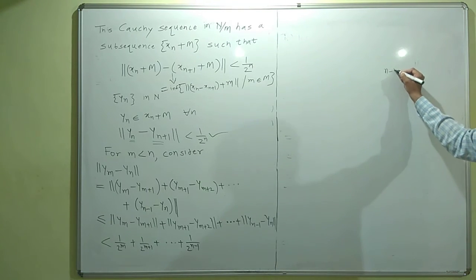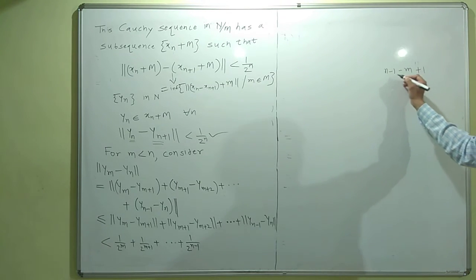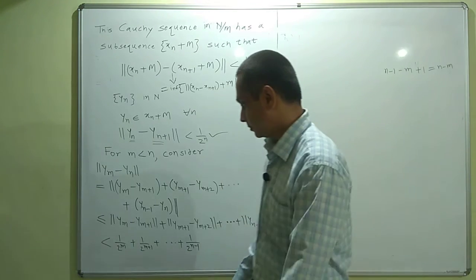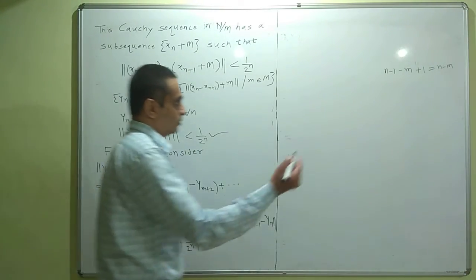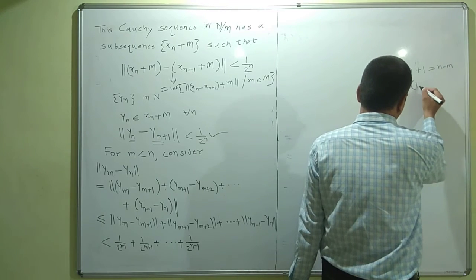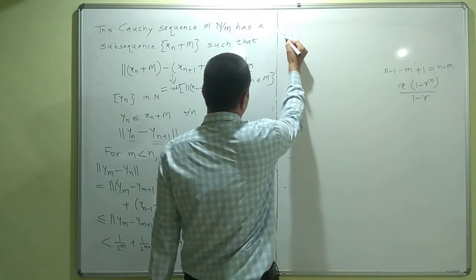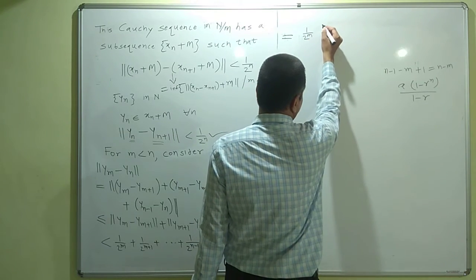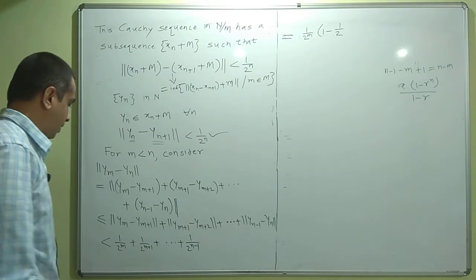Number of terms equals n minus 1 minus m plus 1. As we are taking a difference, we have to add 1, so that equals n minus m. So there are n minus m terms, and this is a geometric progression which begins with 1 by 2 raised to m. So by using the formula a times 1 minus r raised to n upon 1 minus r, this equals, first term is 1 upon 2 raised to m, common ratio is 1 by 2, number of terms is n minus m,